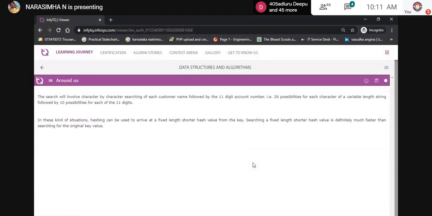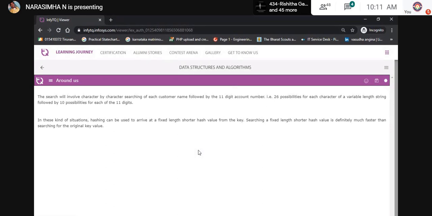In these kinds of situations, hashing can be used to arrive at a fixed length shorter hash value from the key. Searching for a fixed length shorter hash value is definitely much faster than searching for the original key value.